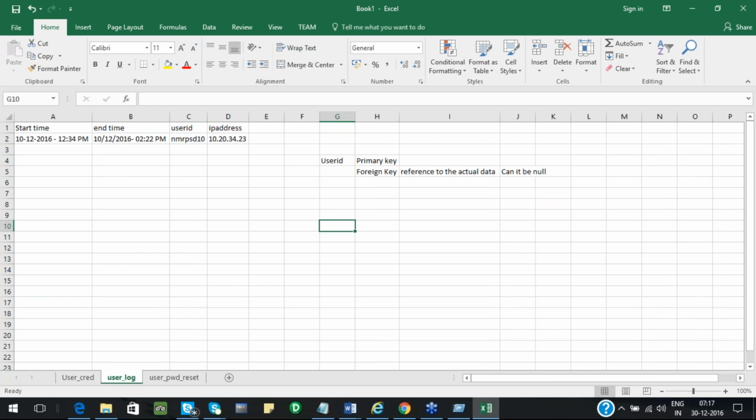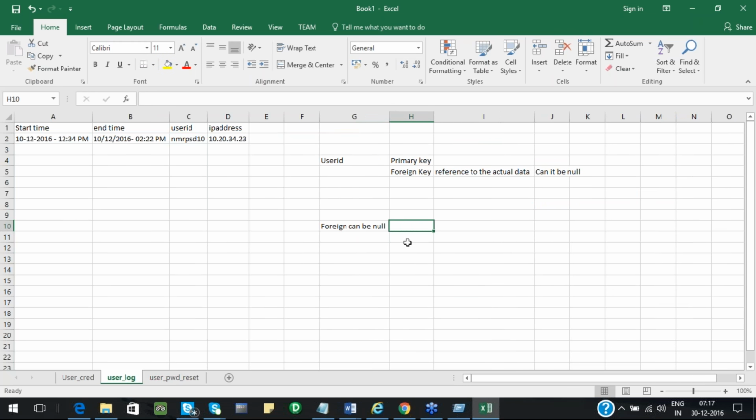But there are cases where a foreign key can be null. As in this example it is acting as a primary key, it cannot be null, but there are cases where it can be null. Say I have expense details mentioned.